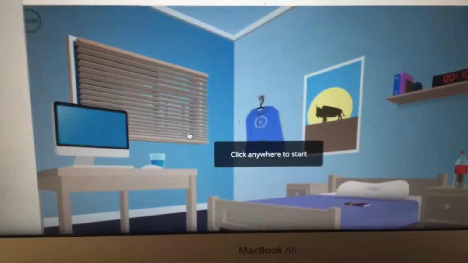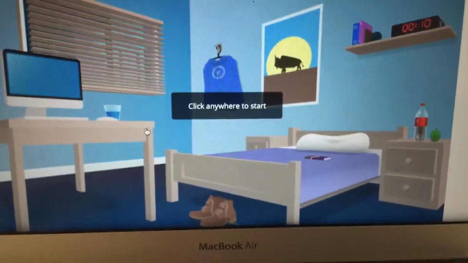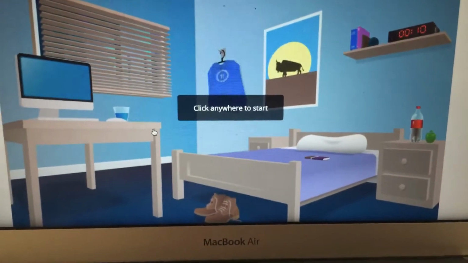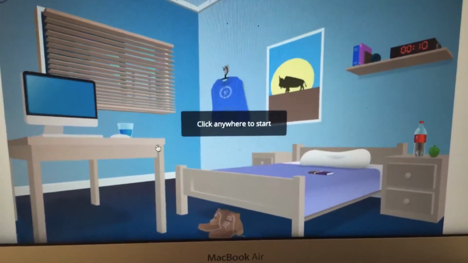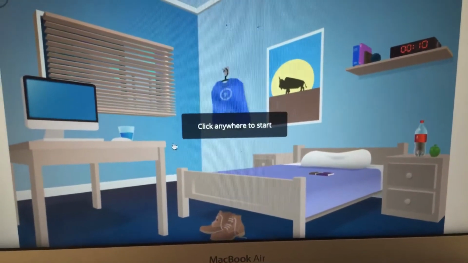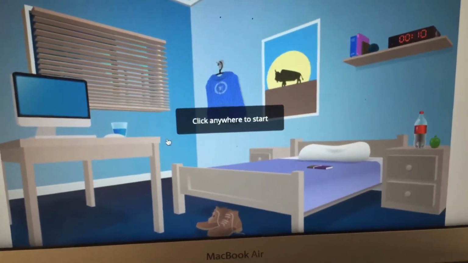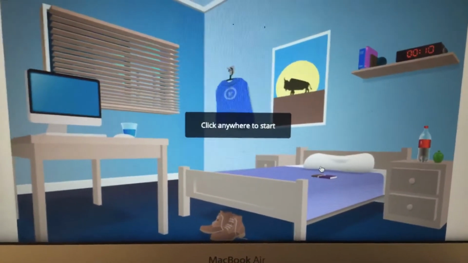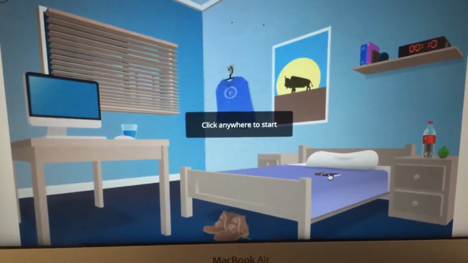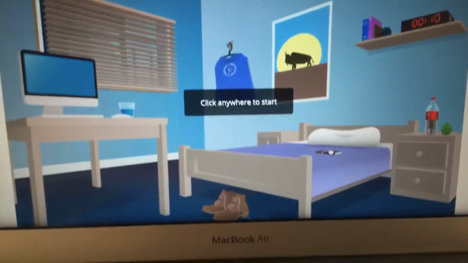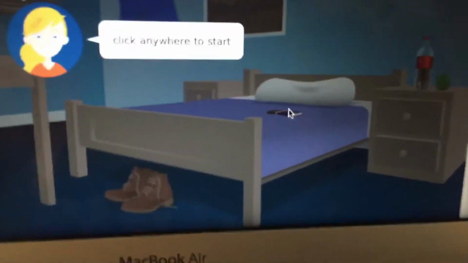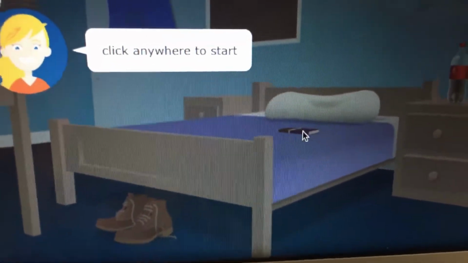Next question, you've got a picture of a bedroom. There are 10 things on here that are resources, and you need to click on and read them and see what part of them is synthetic and what is natural. If we look previously at the chocolate and the chocolate chips of my banana bread, this young person has left some chocolate on the bed, which is a perfect place for you to leave chocolate. If I click on that,